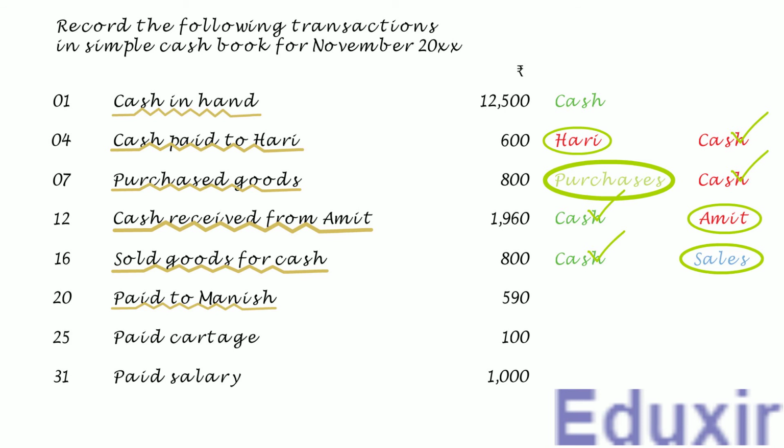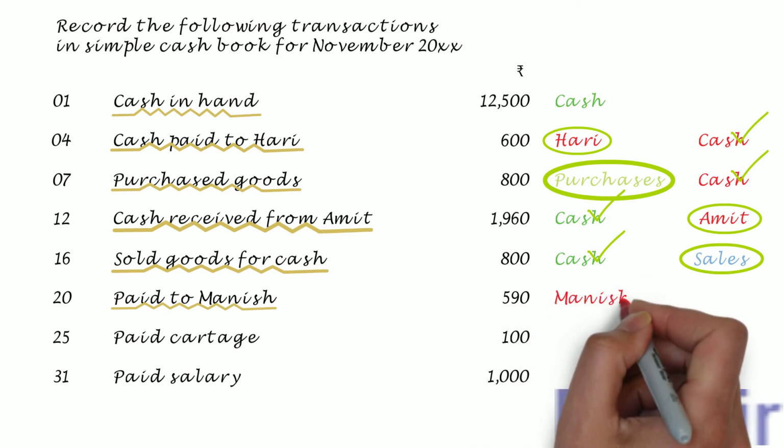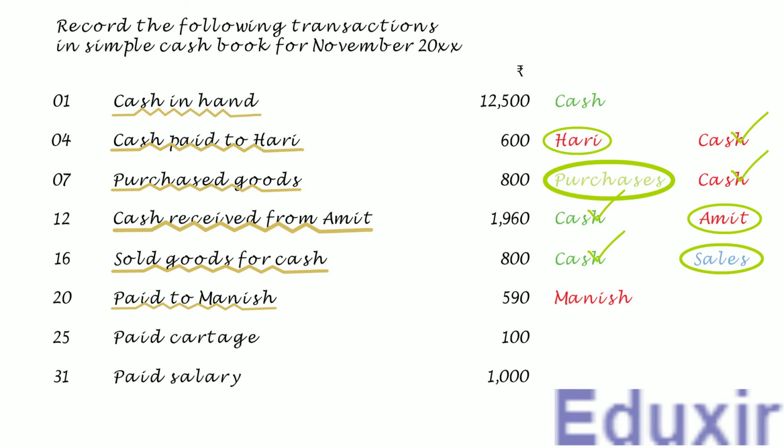The rule to record any decrease in the liability is to debit the corresponding liabilities account. In this case, the creditor Manish account should be debited. At the same time, as the payment to the creditor Manish is done in cash, the cash asset of the business will be decreasing.